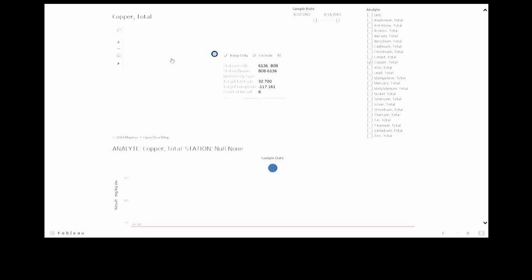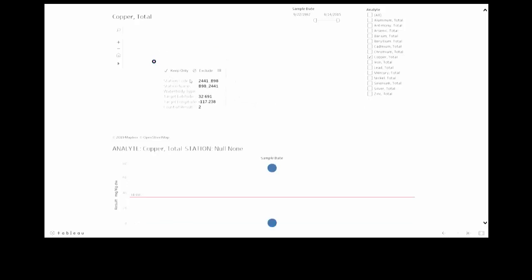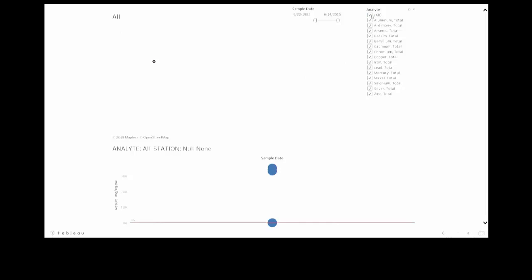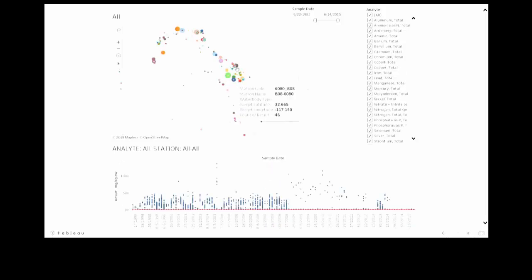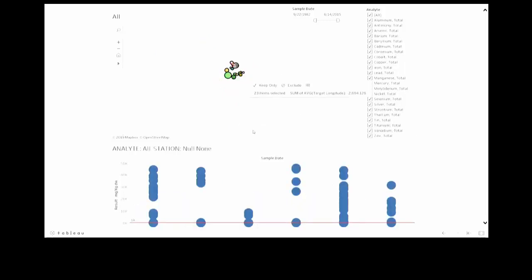No luck. Anyway, you can change your analytes, you can put all the analytes there. The same thing. You can say more than one point. You can just say a group of them like this, and it shows you the data for all those points. And then you can just look at the range of values. So I think it's a very powerful tool to identify trends and patterns, spatial and temporal.